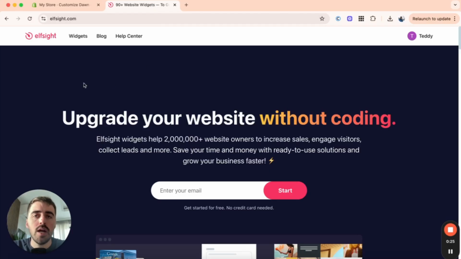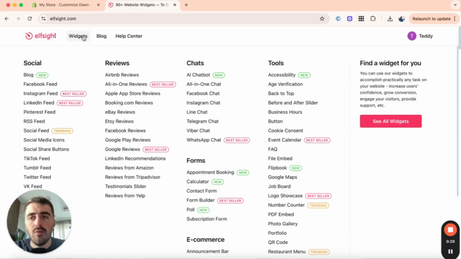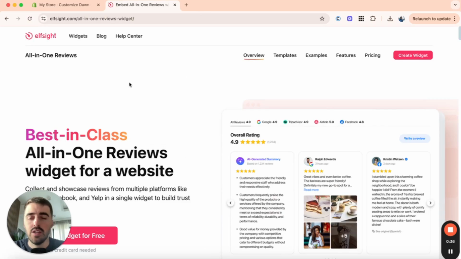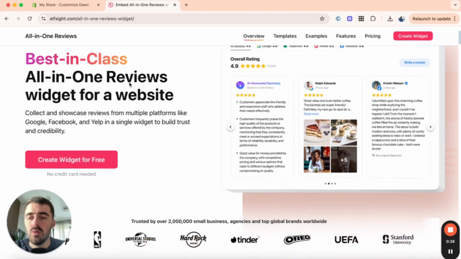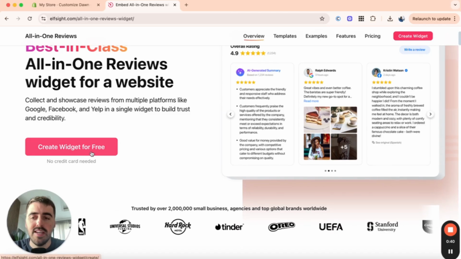From here, I want you to head over to the top of the page, which is where you will find this widgets button. Simply hover over it, and then underneath reviews right here, I want you to click on all-in-one reviews. Click on that, and then you'll be taken to this page. If you scroll down a bit, you will see this create widget for free button,